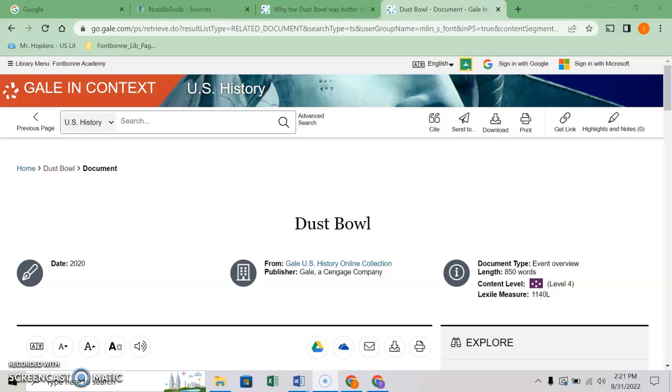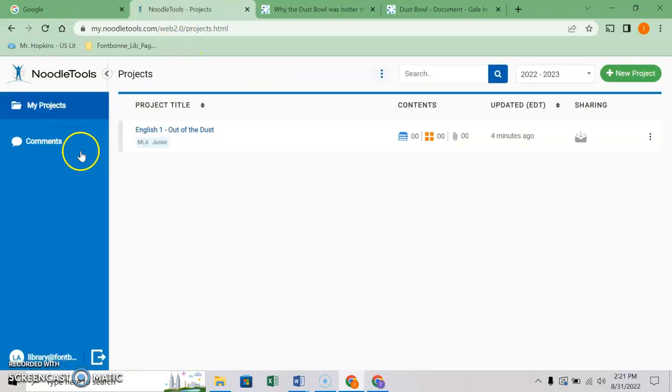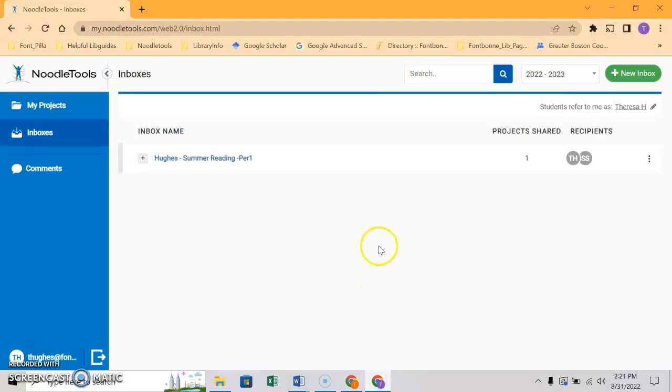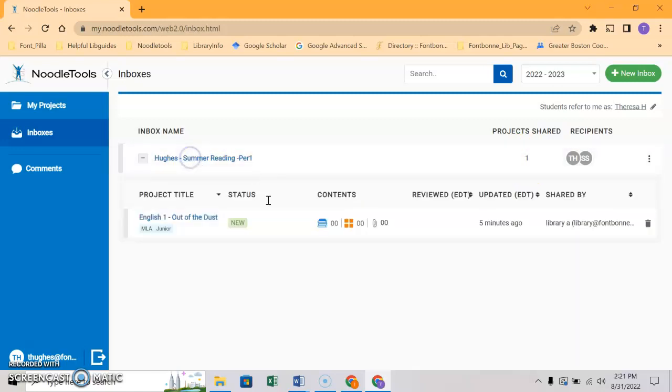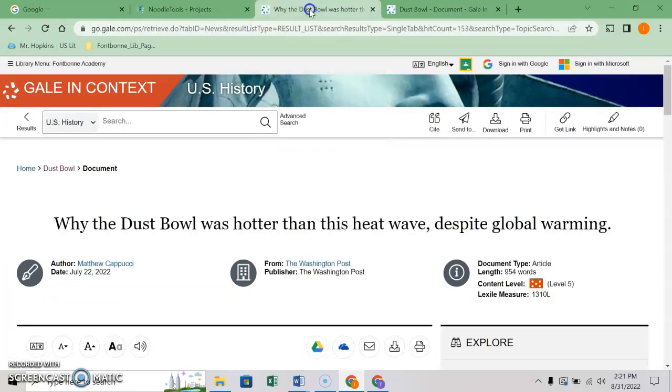So now that we have our inbox set up, both from the student side and from the teacher side, we can see that our project is shared with one student. That student's name is over here, and as I said, that student in this case is named Library. So we're going to go back to the student side and get a couple of articles and see if we can pull them into our